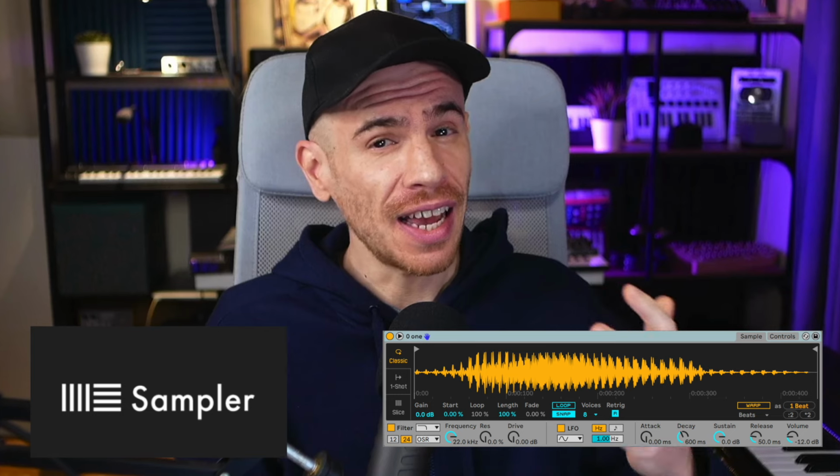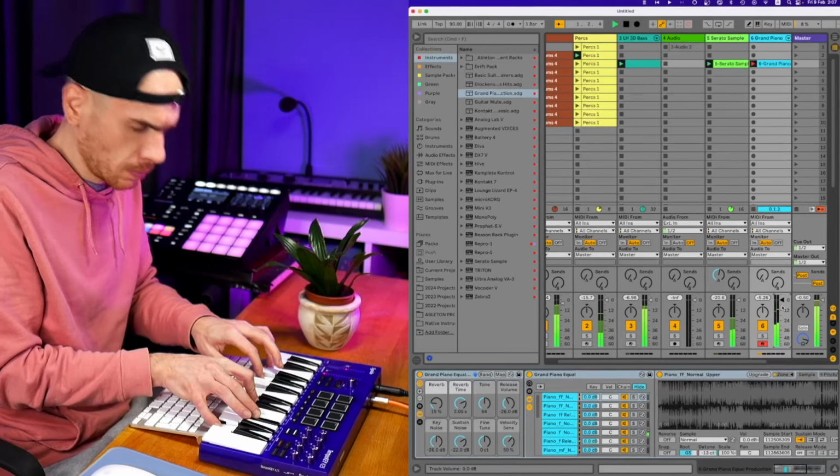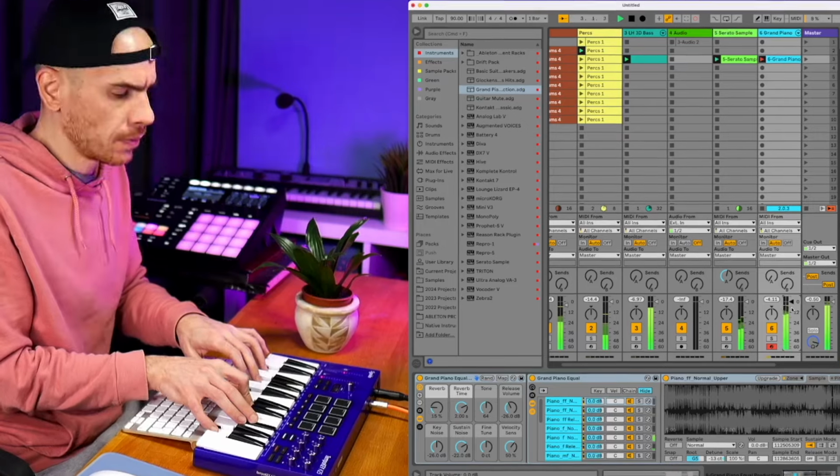It's a bit strange that Ableton Live's two main samplers, Sampler and Simpler, are actually the same device. You can turn a Sampler into a Simpler or vice versa, but they don't have the same features. In fact, the more powerful and feature-rich Sampler hasn't received any significant updates in years and lacks some crucial features that can be found in Simpler. So let me explain what the purpose of each of them is and why most people don't actually need Sampler